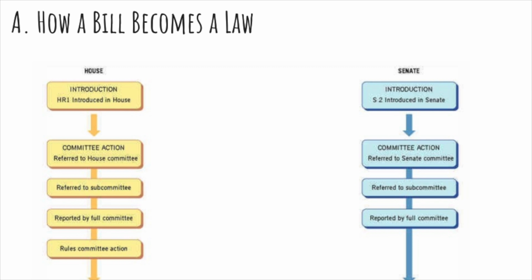You can see that once a bill passes out of committee, before it goes to the Committee of the Whole in the House, it has to go to a Rules Committee. And that basically is because there are so many more members of the House of Representatives that they have to limit debate and establish rules for that debate. In the Senate, the rules are much more lax. We'll talk more about that in a minute.